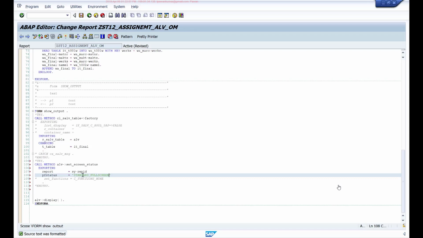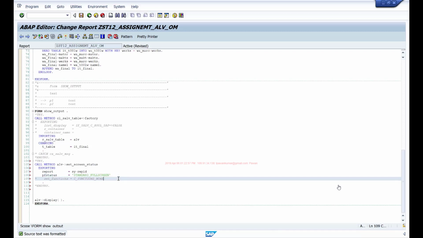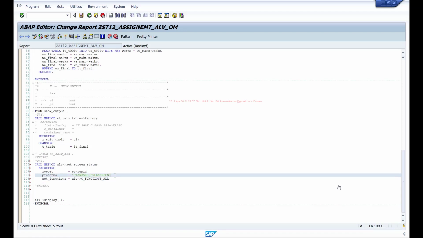When I copied this program, it actually copied this PF status also, so I already have it and don't have to create it again. And to this we'll pass the ALV constant, an attribute. I'll pass all to display all those buttons that are there in this PF status.